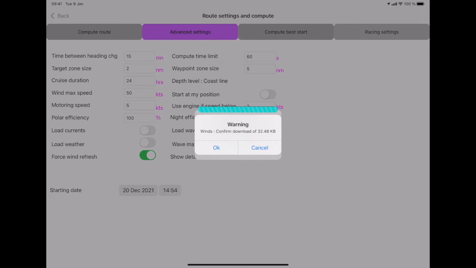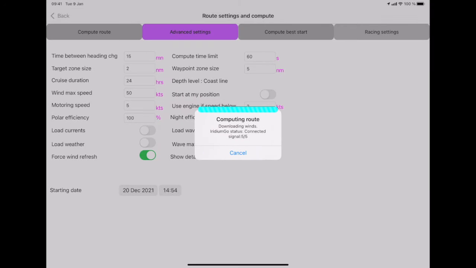In this case, because we use a weather source that is specifically compressed for satellite transmission, we have reduced the volume of data from 630K to 32K. The download starts. I have to tell you that in case the connection with the satellite is lost, then you have nothing to do because Avalon will wait for the next satellite to be over your boat and it will restart the transmission exactly at the point where this connection previously broke.